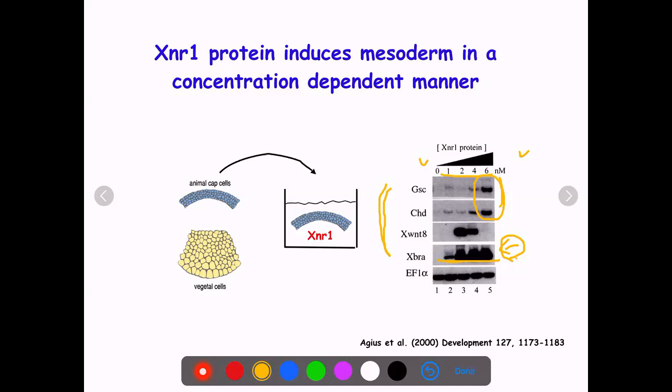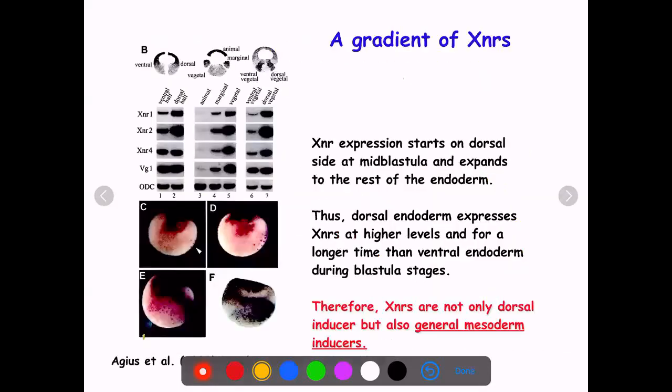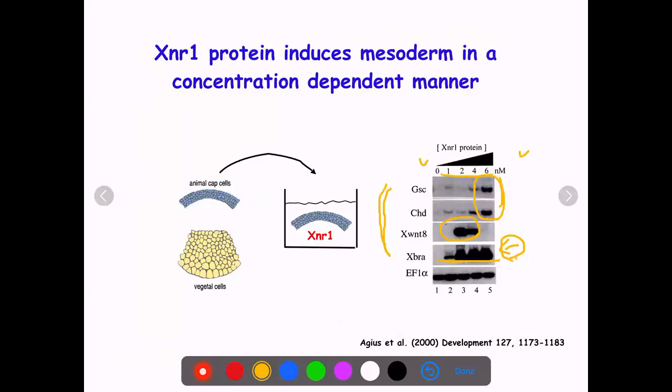And then they are sensitive to certain XNR concentration. Okay, so let me go back. So what this tells you is that this is the dorsal mesoderm marker. So what it means is, okay, XNR is really inducing mesoderm, but